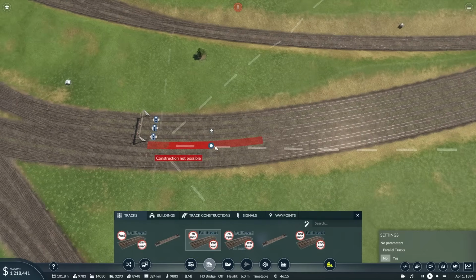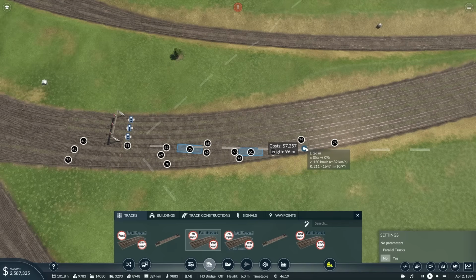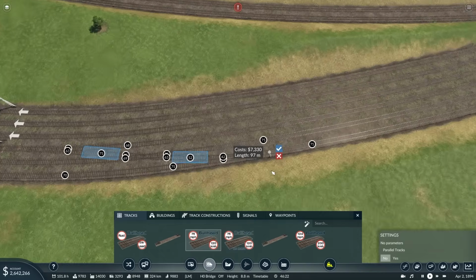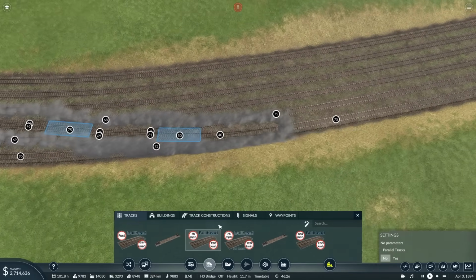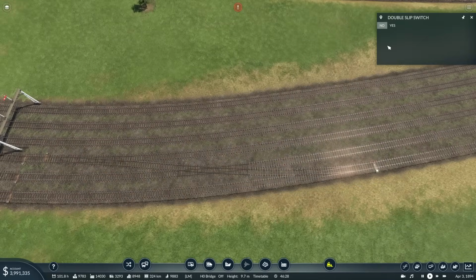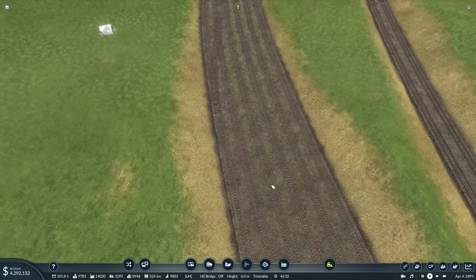rebuild it as one of these. Make it as long as I can. What speed are you? 42. I think 40 is going to be fine for this. And then you're going to be a double slip. And that's now fixed that. Excellent. And then over here,